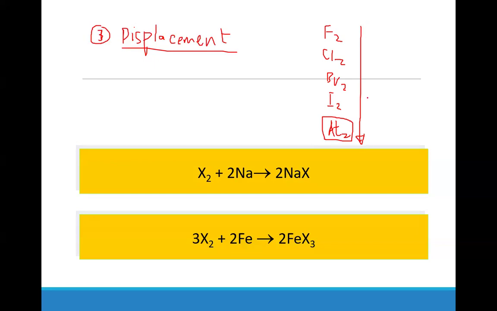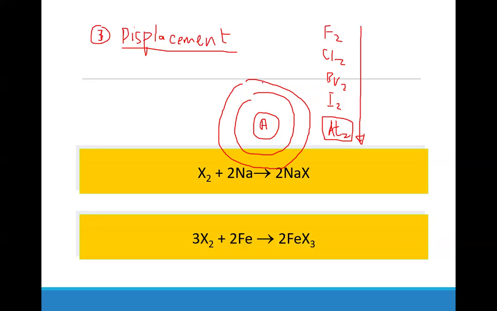As you move down the group, the size of the electronic cloud increases, ठीक है? जो size होता है ना इलेक्ट्रॉनिक क्लाउड का, वो increase होता जाता है as you move down the group, right? अच्छा, वो size increase होता है। जब साइज इंक्रीज होता है तो वो बॉन्ड लेस पावरफुल होता है, जिससे कम पावर होती है उसके पास गेन करने की, तो इसलिए शायद रिएक्टिविटी डिक्रीज होती है। यस यस, एग्जैक्टली ऐसे ही।